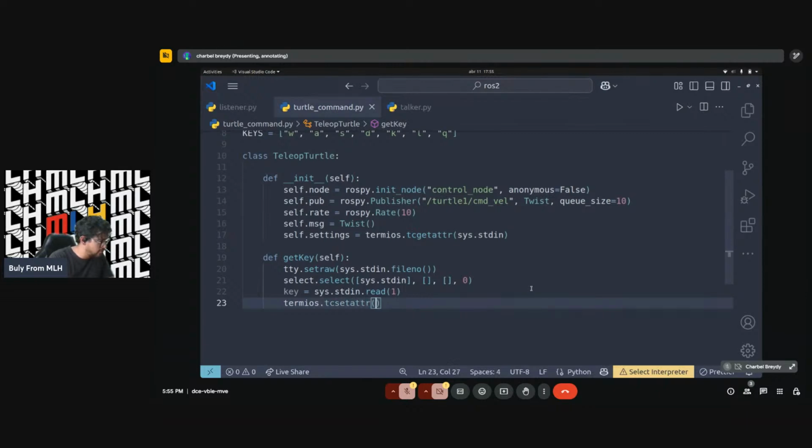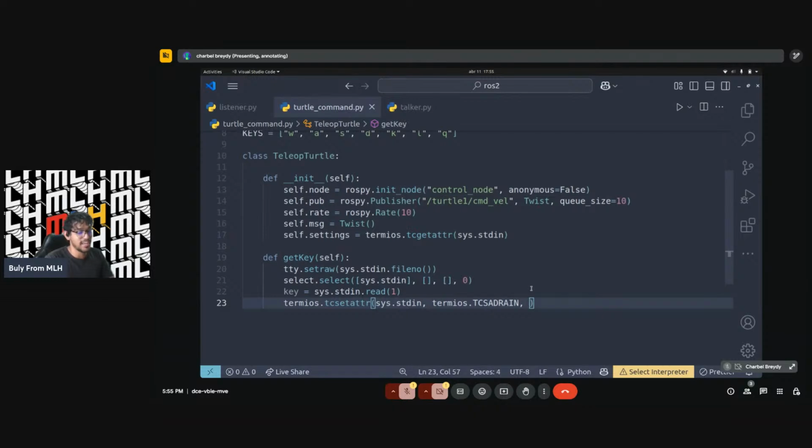I know it's really weird. Just bear with me for a second. sys.stdin, termios dot what, TCSADRAIN. I know. Whoever wrote this function's name,